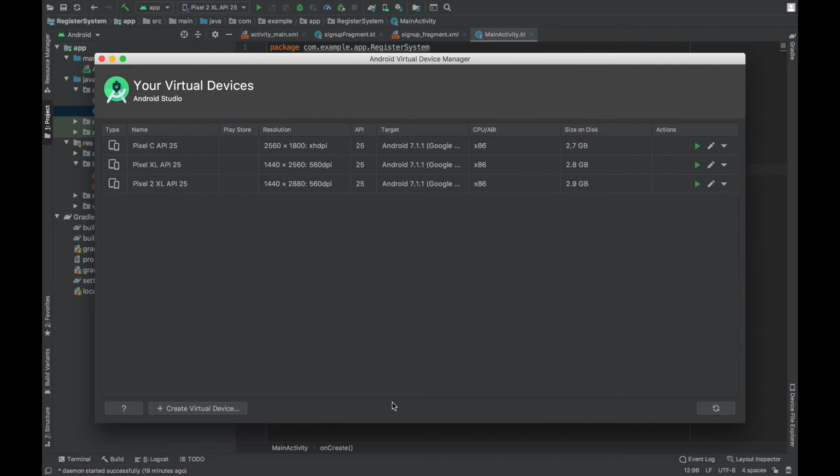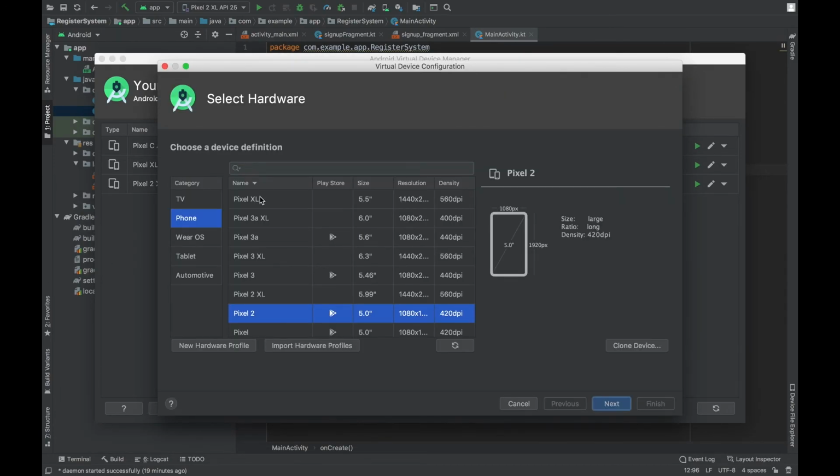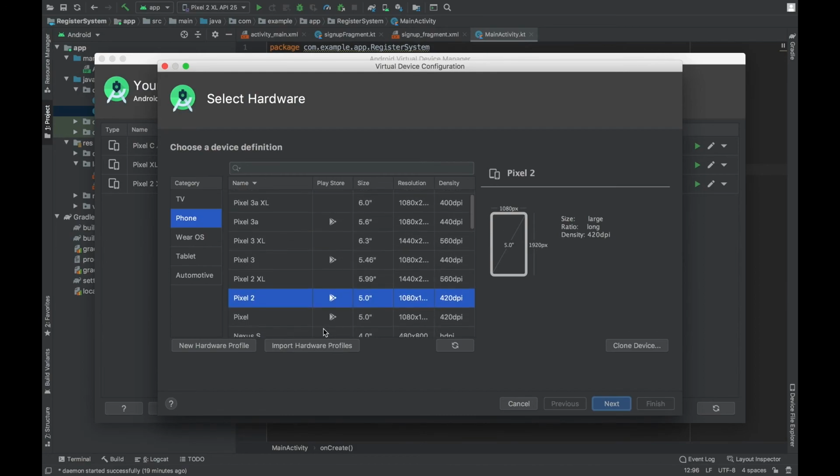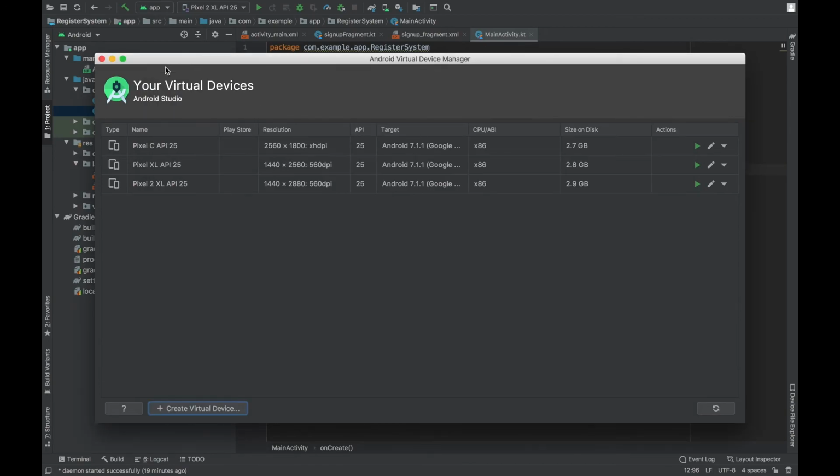If you don't see any, or if you haven't made any device yet, you can click on the create virtual device option to create one. Click on it, and here you have many options. So select any one. I recommend you select the Pixel 2 XL API 25 and create one. Click on next and follow the on-screen instructions to create this. I am not creating one as I have already created it.